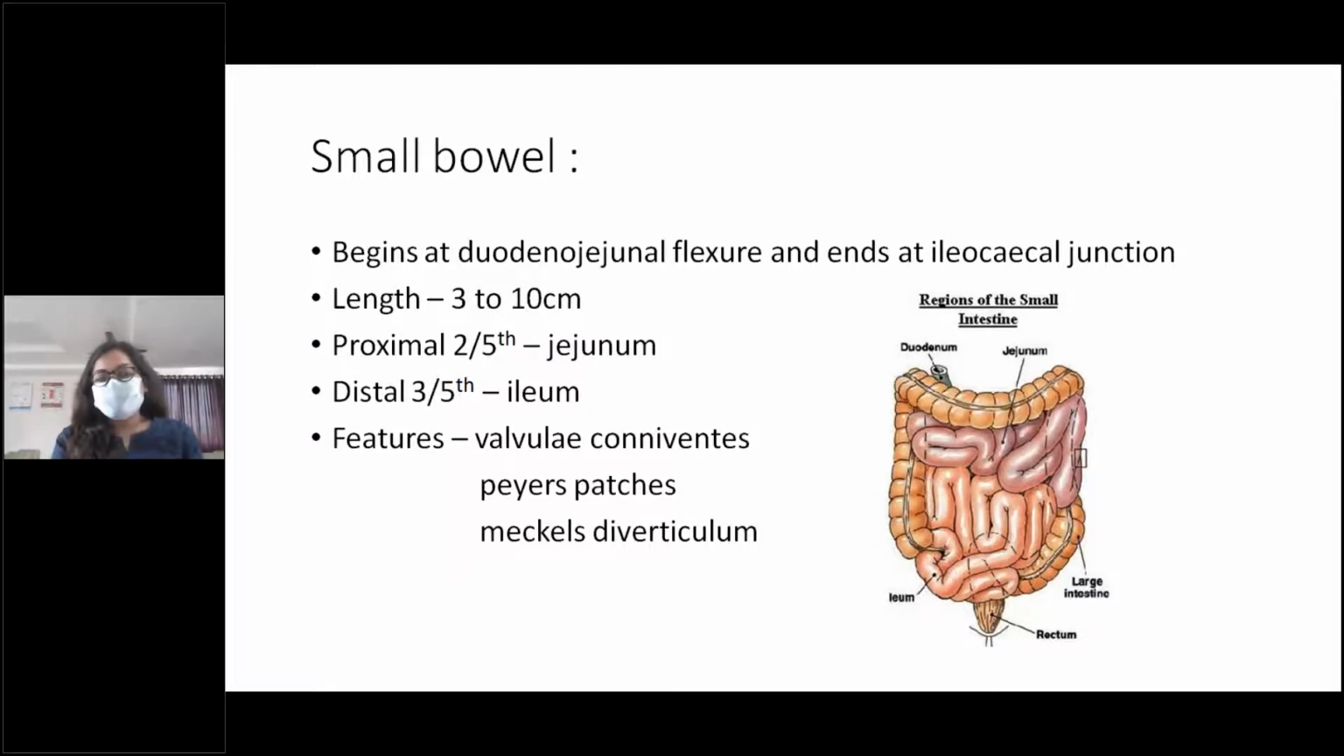Small bowel. Coming to the anatomy of the small bowel, it begins from the duodenojejunal flexure and ends at the ileocecal junction. You can see it in the diagram. The length of the small bowel is approximately 3 to 10 meters, and it begins from the proximal 2/5 of the jejunum and ends at the distal 3/5 of the ileum. The features of the small bowel are valvulae conniventes, Peyer's patches, and